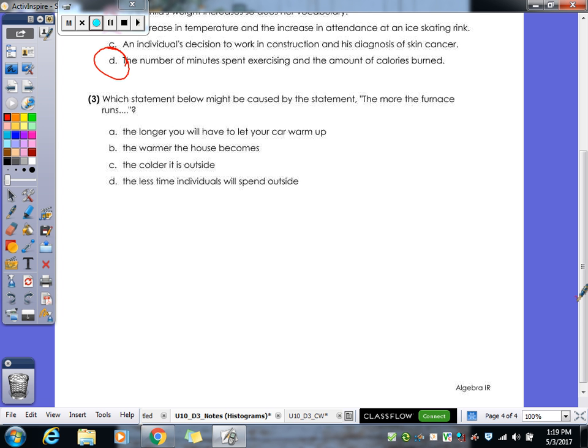Huh, what do you think on that one, Mrs. Pelkey? I think it's letter C. No, you think it's B? Okay. I would have gone with C, the colder it is outside. It could be either one. Either one makes sense. The furnace running doesn't cause it to be cold outside. Yeah, exactly. Oh, I thought it was opposite. Okay. So now you have